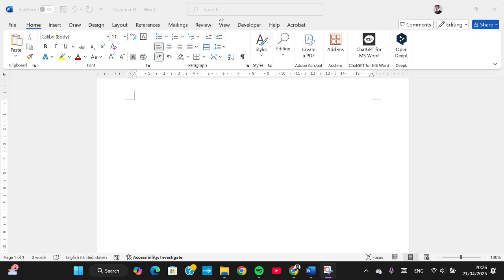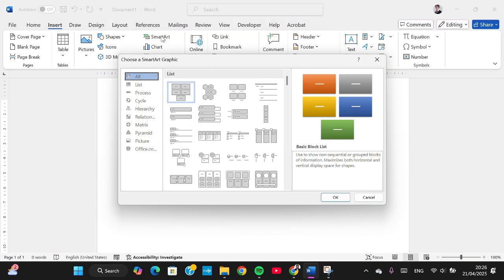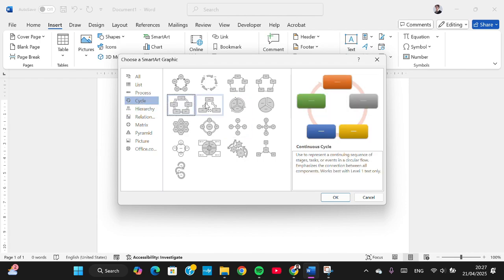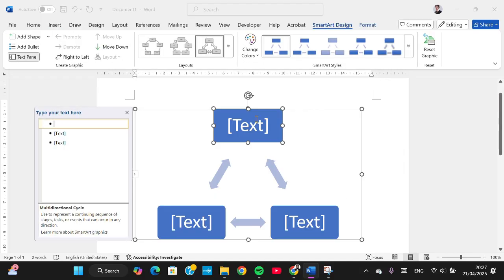Here I have opened my Microsoft Word, and if we want to insert something, we need to go to the insert menu. And since we want to insert SmartArt, we can choose this one. And you can choose the type of the SmartArt graphic. For example, I'm going to choose cycle. Okay, I'm going to choose this one and I'm going to insert the SmartArt in my document like this,